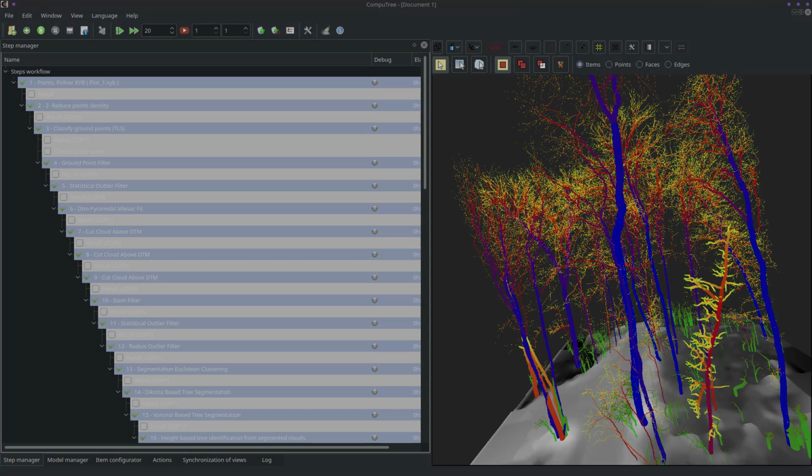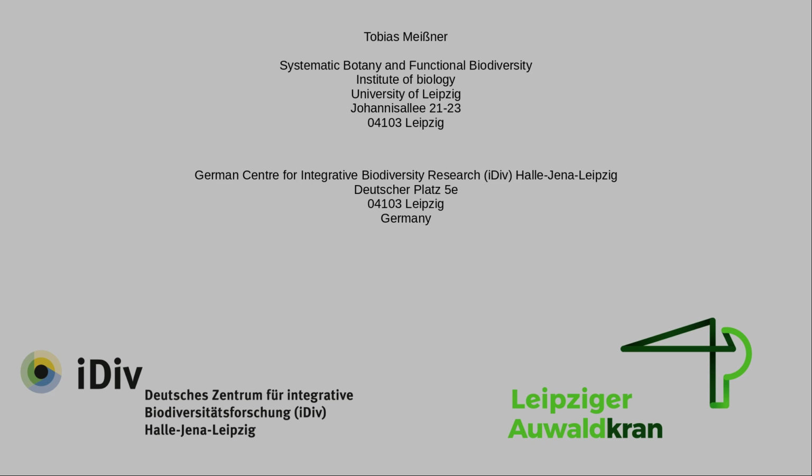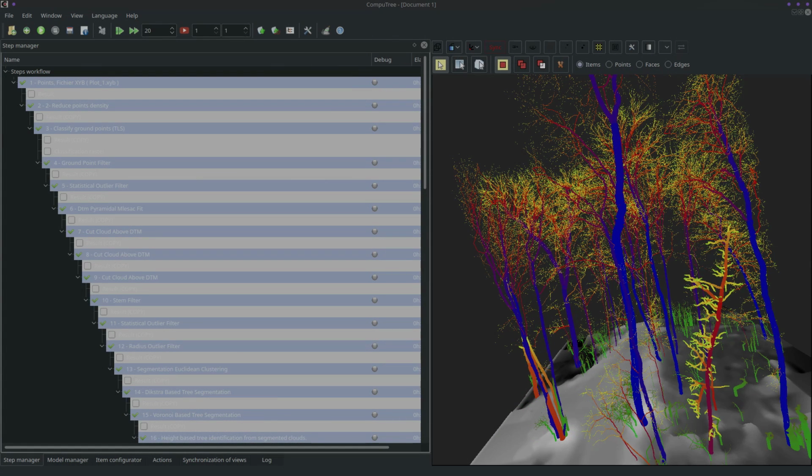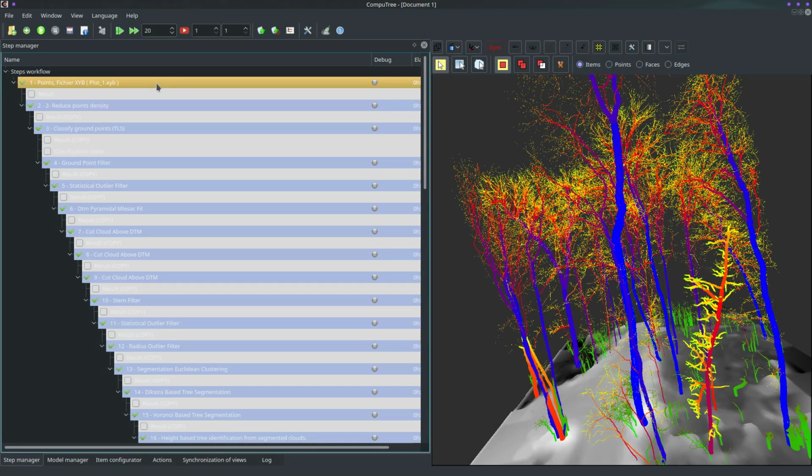And I would like to thank Tobias Meissner and his labs from the University of Leipzig, and thanks for letting me access this cloud. It's a really nice cloud. So as I said, the quality is high. The cloud size is over 1 GB raw data,